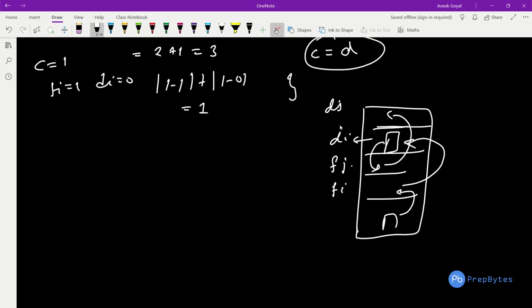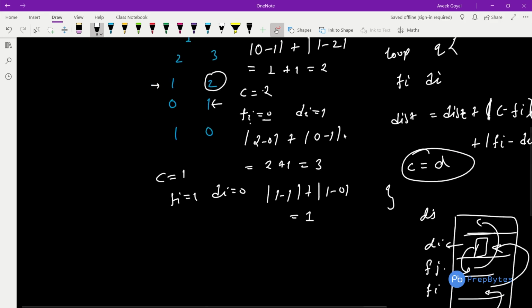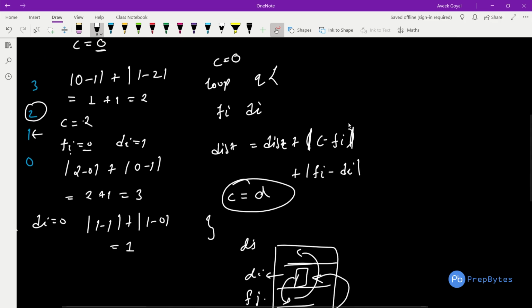Therefore the current is every time the previous destination. This is how the question will be solved. It's a very simple and straightforward question, nothing much to think about. You just have to write as it is what the problem statement says. They have given you how the distance will be calculated, and we are using those distances. You just have to take care of the current floor and nothing else.